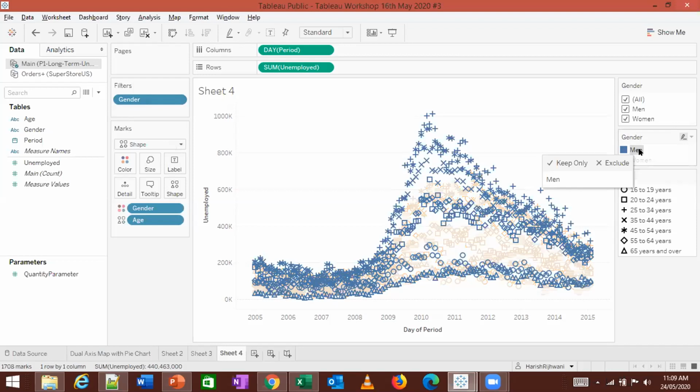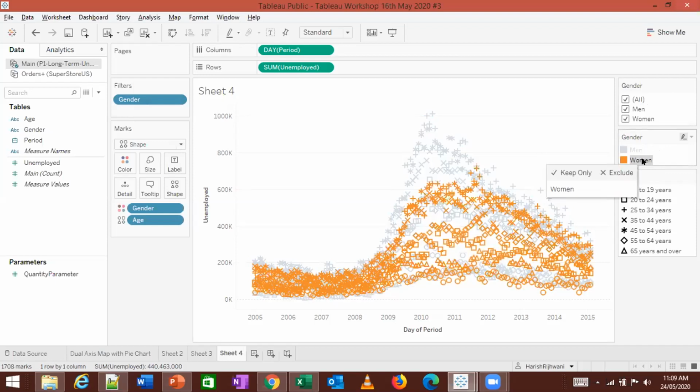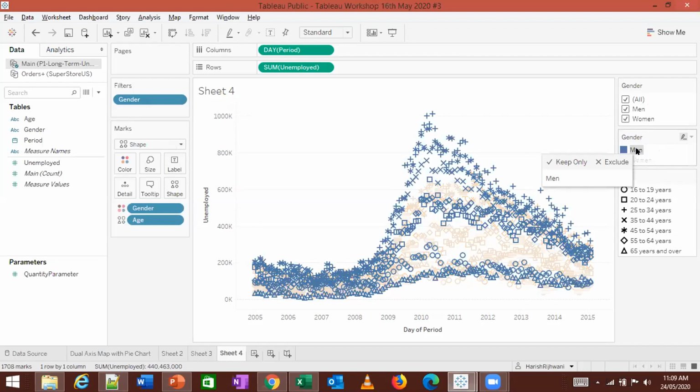So there are two ways of filtering this, all right? What I did was, one is this filter, other is, since I have put that gender onto color, I can click on this color, men or women. I can see the graph highlighted only for men or women. And that is happening because in this gender, there is this option over here for highlighting. If I click on this option, the highlighting option will not happen. So this option needs to be clicked. You understood how I got this, or was I too fast?